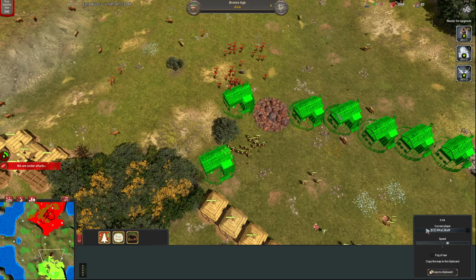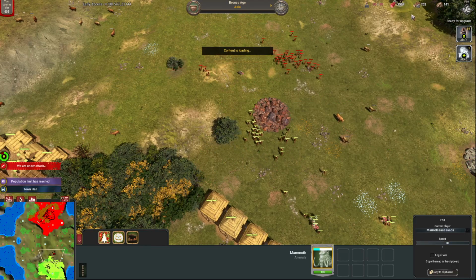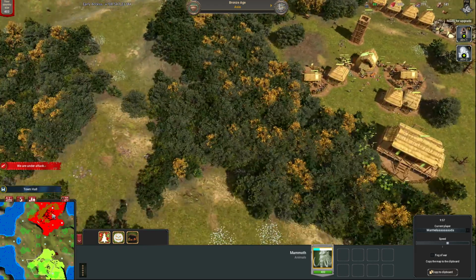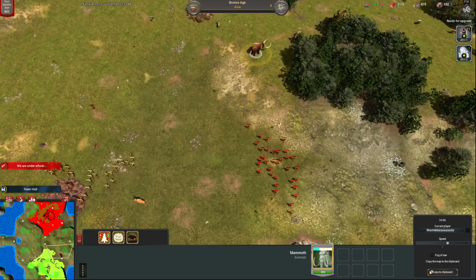The wood is not great. Let's have a look at Marmelaaada's situation here. He's already on the iron. He's got wood. But is he building shooting ranges? No. Yep, he started building the shooting ranges and he's looking to get to...